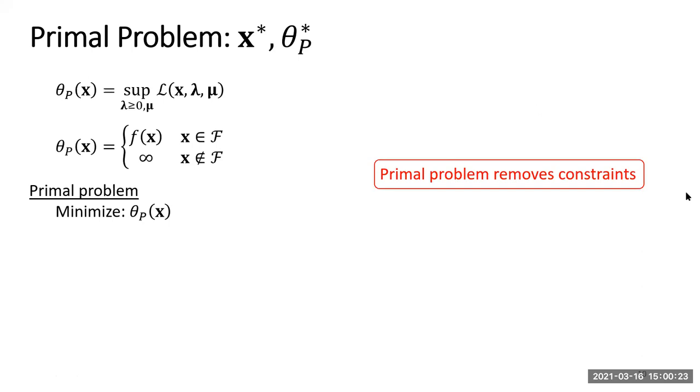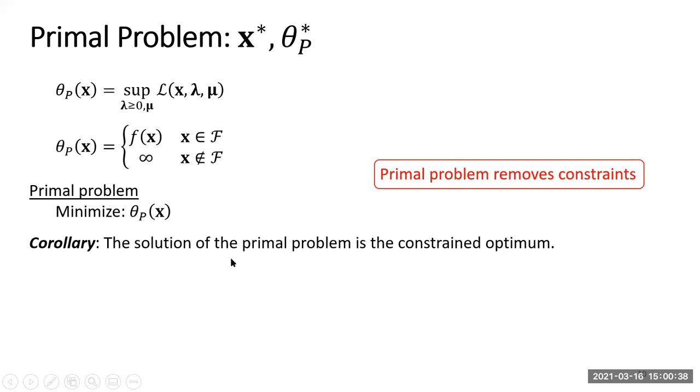And it removes the constraint. So what we have done is the constrained optimization problem has been reduced to an unconstrained optimization problem, a simple unconstrained optimization problem. And as a result of theorem 1, the solution to the primal problem is the constrained optimum,